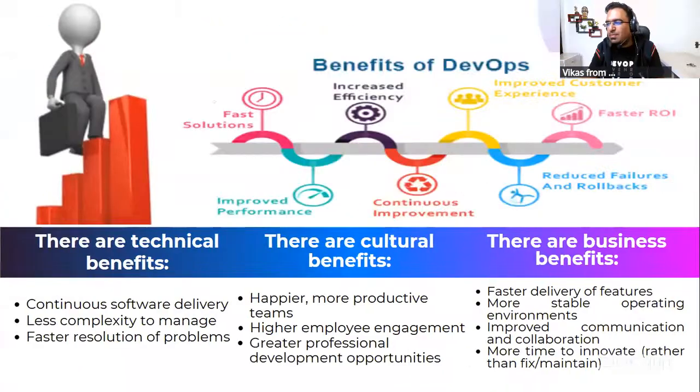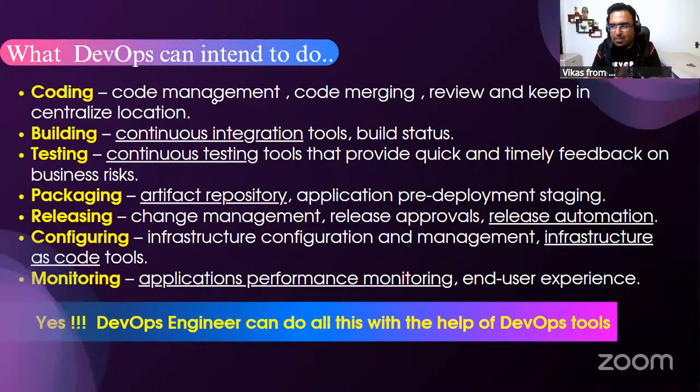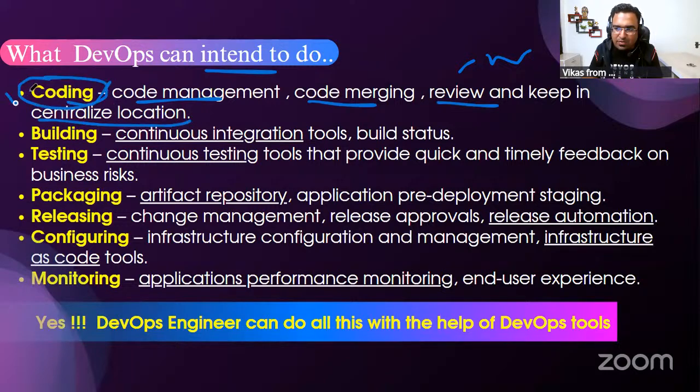Now, guys, I'm coming to this place. DevOps engineers are doing a lot of activities. DevOps engineers are also expected to do a little bit with coding. We are not writing the code, but we will do code management with the help of tools. We will do the code merging, review the code, and check the code for vulnerabilities with the help of tools, and we will maintain the code in a centralized location. All these activities in the coding part will be taken care of by the DevOps engineer. We will leave developers only to write new features or good code. Everything else, code management, merging, review, checking, and centralized storage, will be taken care of